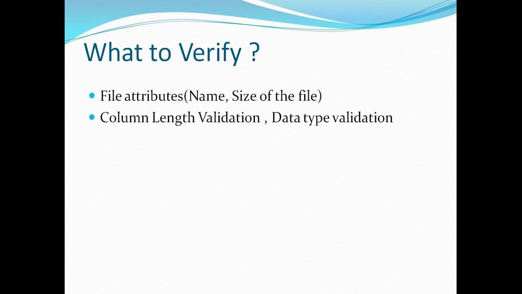Another important thing to note here is that in industry you usually have headers and footers associated with your flat files. The header usually contains the column names, though they can be customized, but usually the header contains the column names of the content of the file, and the footer or trailer record usually contains the count of rows in the file. So if the count of your file does not match your trailer, you should inform your source system that the trailer says the file should have 500 records while I only got 15 records as a part of my file. Is there a problem? So you need to validate that kind of stuff.